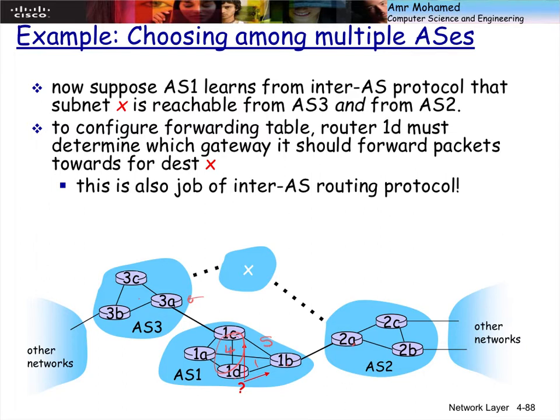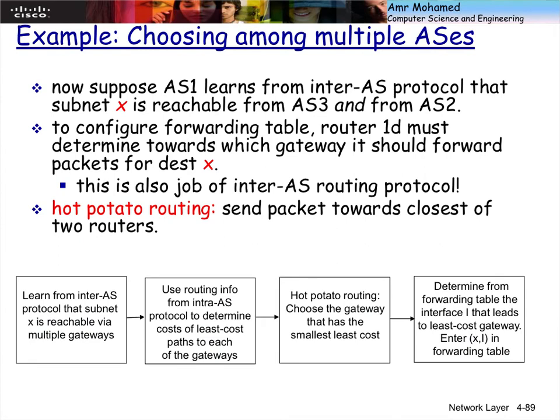And if the flexibility exists in the exterior routing domain, then I can use shortest path internally to get to whichever gateway can allow me to reach X faster, or with minimum cost. Unless there is some kind of policy that exists; in that case, I resort to using the policy regardless of the shortest path. So we call it